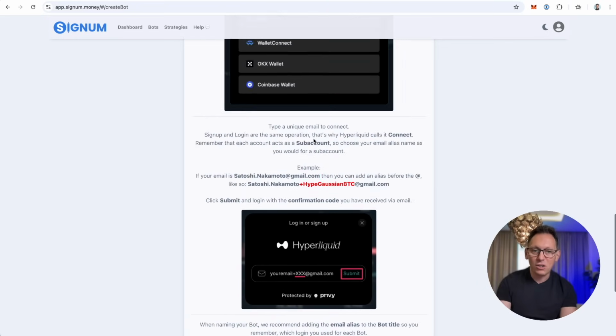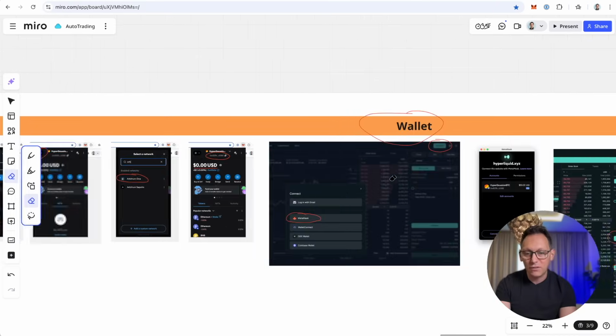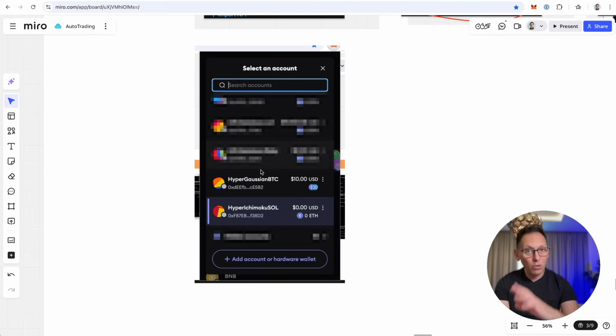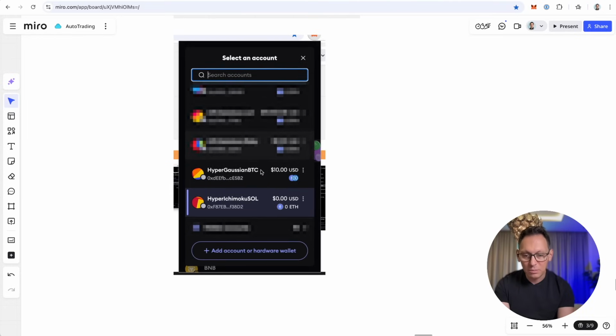But if you want to know how to do it with a wallet, then continue watching this video. And also I will tell you even more of how to set up the automation and everything, right? So the wallet, right? We have to keep in mind, as always in Signum, we want sub-accounts, okay? So this is my MetaMask, for example, and I want each bot to have their own